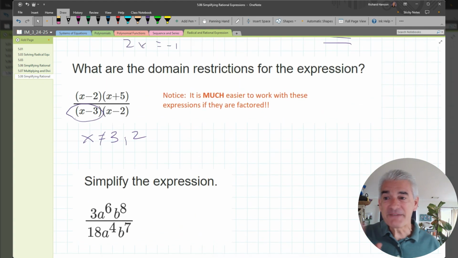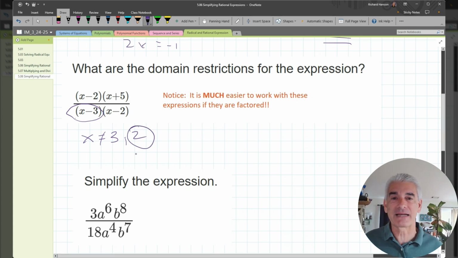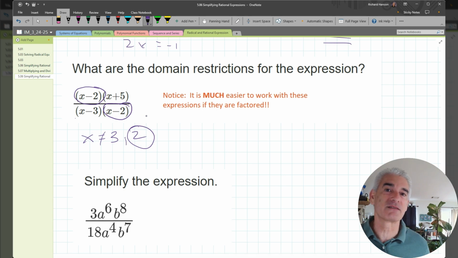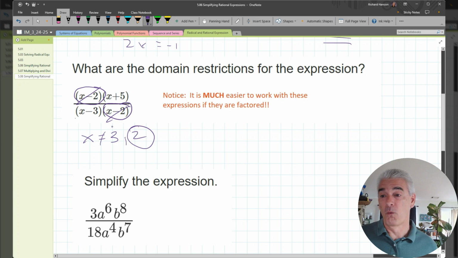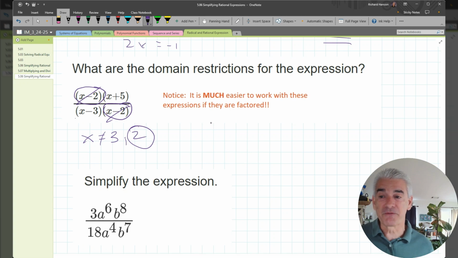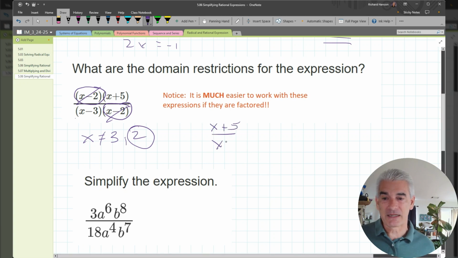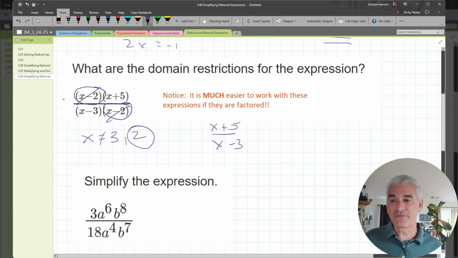Also, if I promise I don't allow x to equal 2, then (x minus 2) over (x minus 2) will always be 1. As long as I make the promise that I'm not going to set x equal to 2, I can cancel these. That's 1, times (x plus 5) over (x minus 3). So this will simplify to (x plus 5) over (x minus 3). In fact, the graph of the original function looks like that. It looks like this times 1,